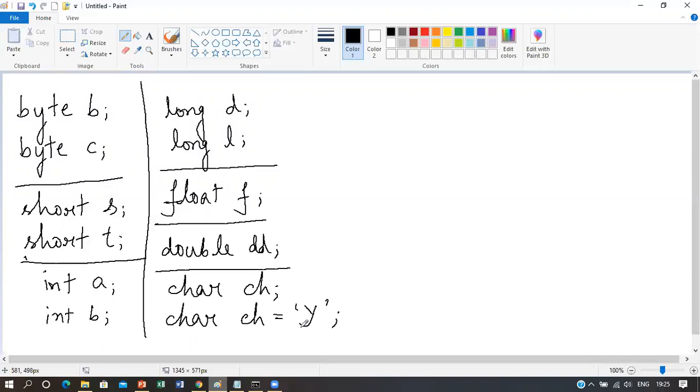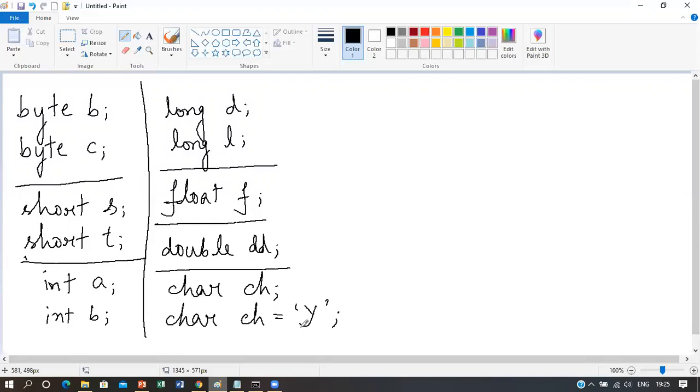This is the data type returned by all relational operators, as in the case of A less than B. We know that less than, greater than, less than or equal to, greater than or equal to, not equal to, these all are relational operators that you have already learned in C and C++ languages. These relational operators are valid in Java language also. Boolean is also the type required by the conditional expressions that govern the control statements such as if and for. So basically Boolean will give you only two values, true or false, and the outcome of a relational operator is always a Boolean value. Why?